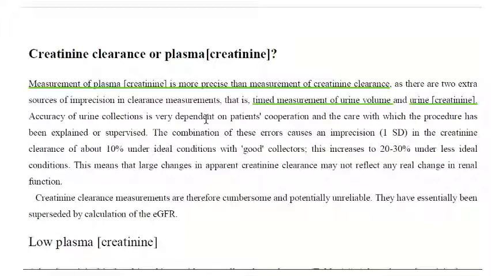فهنا measurement of plasma creatinine concentration is more precise than measurement of creatinine clearance, as there are two extra sources of imprecision in clearance measurements. That is timed measurement of urine volume and urine creatinine concentration. إذا قياس البلازما creatinine concentration أكثر دقة من قياس الكرياتينين clearance، حيث يوجد مصدران إضافيان للimprecision في الclearance measurement، وهي timed measurement of urine volume